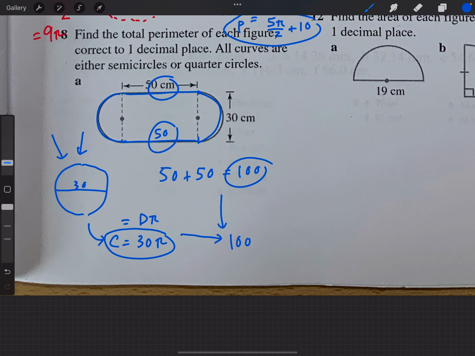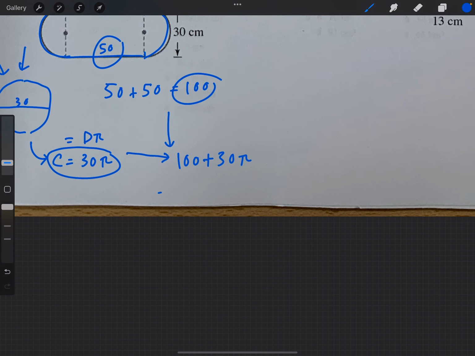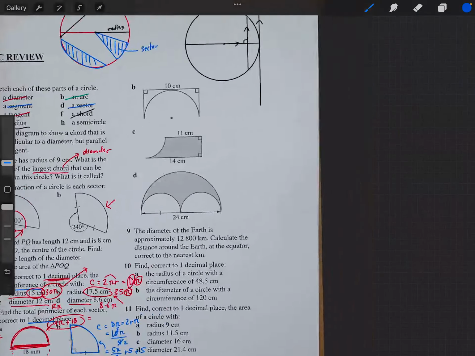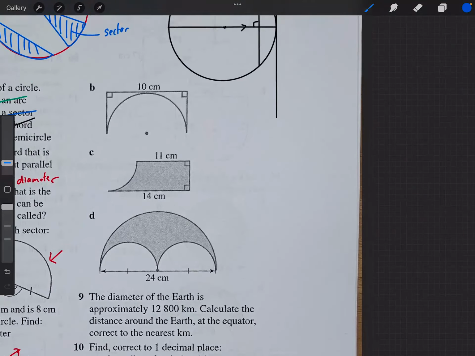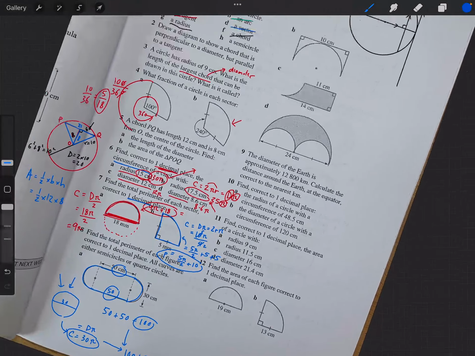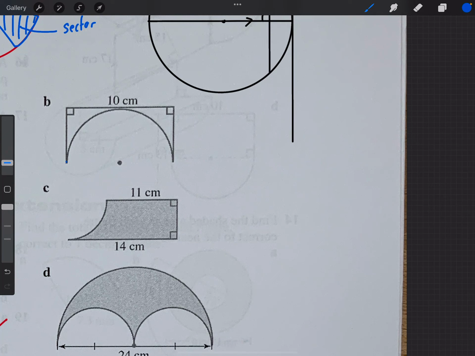Is 100 plus 30 pi. Again, this is the exact value. Find the decimal equivalence using a calculator. Done. Alright. Question B. We'll be asked to find the perimeter of this, so we're going to find the